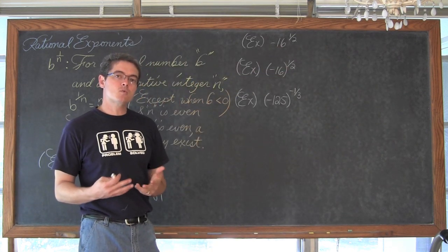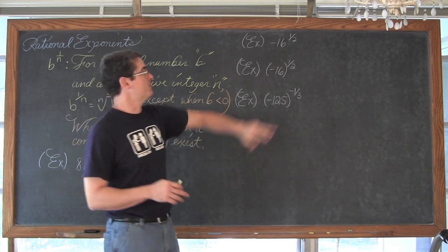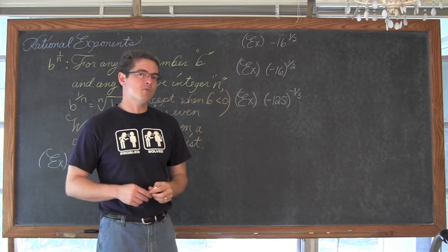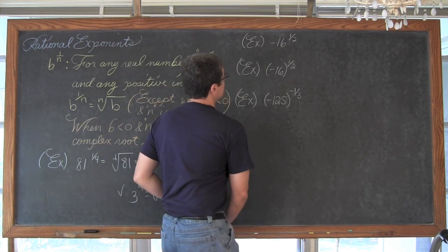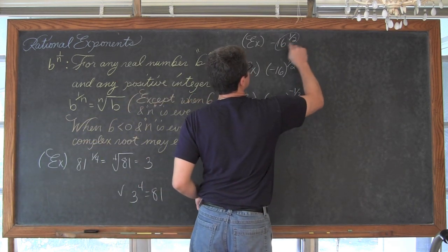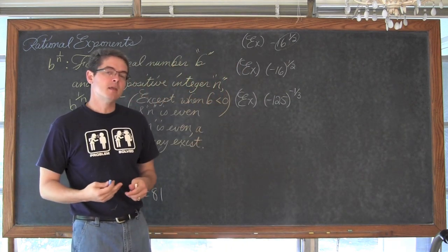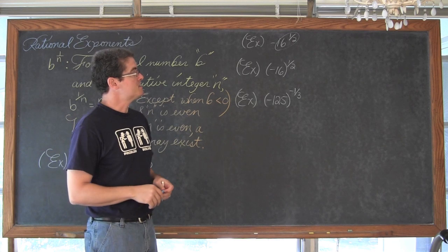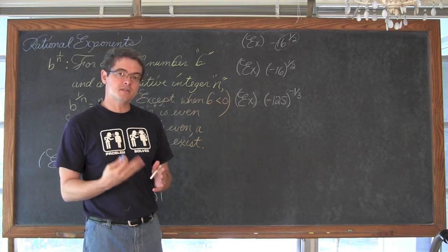But we can't take a square root or 4th root or an even root of a negative number. So is that negative in the front of the 16 a problem? Well, let's not forget that exponents only act on the base in which they sit. So the only thing that has the power of 1/2 is the 16, not the negative sign that's out front.